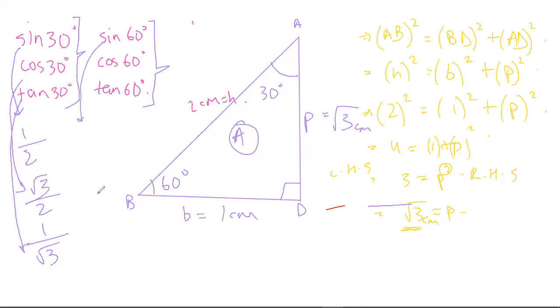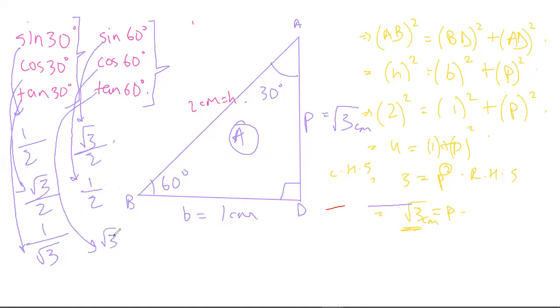So sine 60 degree, angle 60 degrees is to the ground, so there's no need to make any modifications to this figure. All you have to do is apply the formula sine theta is equal to perpendicular upon hypotenuse with respect to this angle. So root 3 upon 2 will be sine 60. And cos 60, with respect to angle 60 degree, is base upon hypotenuse, that is 1 upon 2. And then finally tan 60 degree will be equal to root 3 upon 1.